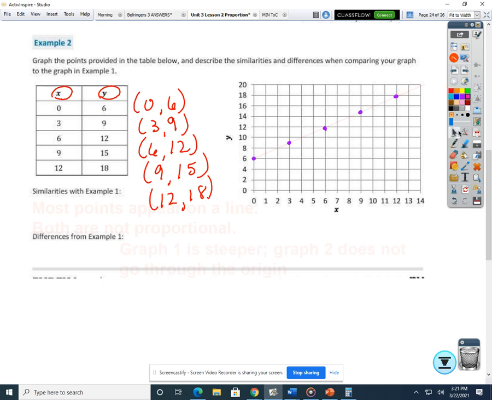Now, when we try to create a line that goes through all of these, yes, we can create a straight line that all of these points fall on. So that leads us to believe that maybe this is a proportional relationship. But remember, there are two parts to the rule. They must all form on a